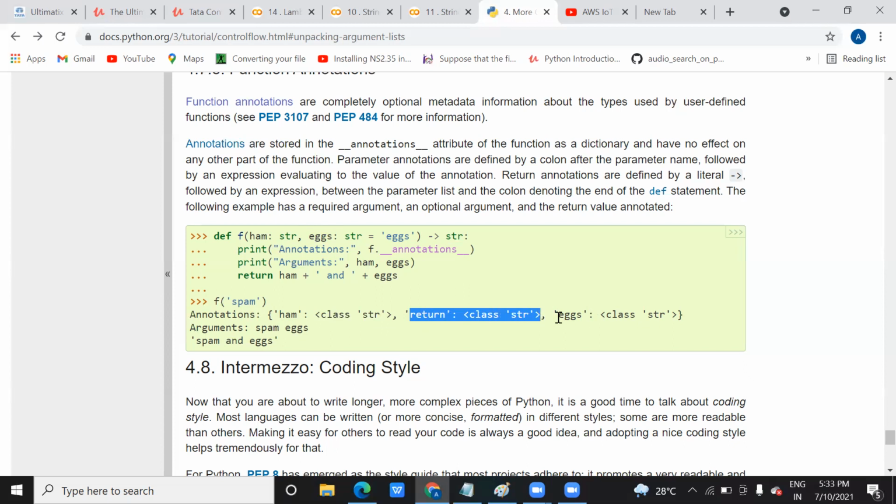And then it will come to this egg, another argument, which will again accept a string data type, which is based on this egg value. It has found that out from this egg and the arrow str. You are not doing anything here, you are just calling f dot annotation. F is your function name and dot annotation is what you need to add. It will tell you the metadata, meaning what kind of argument the function is accepting, which class it belongs to, and how it is printing.